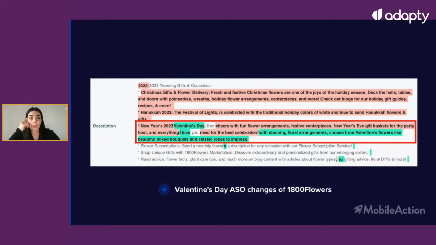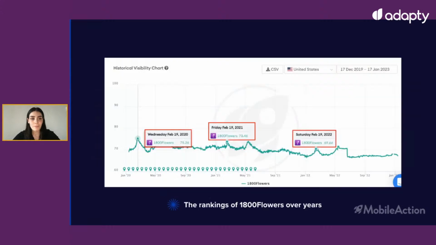And the folks from the 1-800-Flowers app were ready for Valentine's Day by adjusting to the trends in their ASO, as you can see here. So all of these are the impacts of seasonality, and this app got the most out of Valentine's Day by adjusting its ASO to catch the seasonal trends.